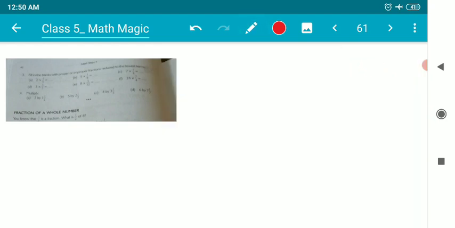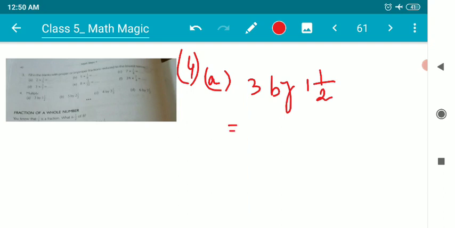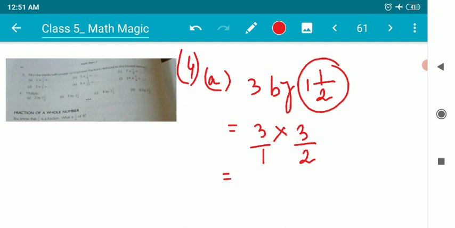Let me explain one sum from here, children. It's very simple. Need not get confused seeing the question. It is said, product of 3 by 1 by 2. How to do this, children? We'll just write 3 first, then into, and this mixed fraction will be converted into an improper fraction. So 2 1s are 2 plus 1 is 3. It's 3 by 2. Here 3 will be expressed as 3 by 1. So children, do not cancel this 3 of the numerators. They cannot be reduced. They can only be multiplied. So it's 3 3s are 9 divided by 2 1s are 2.